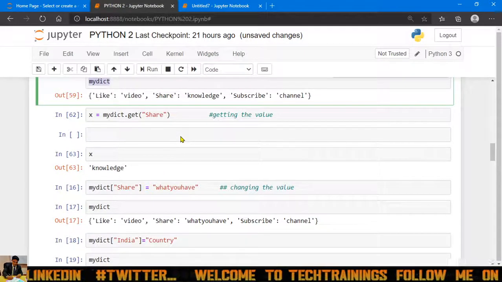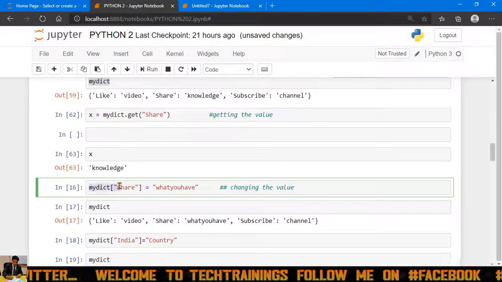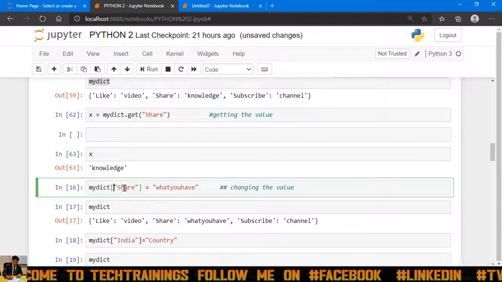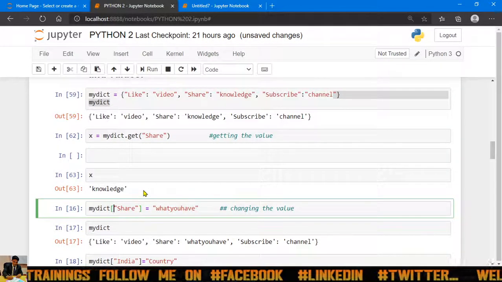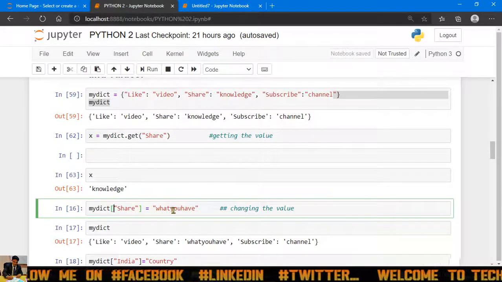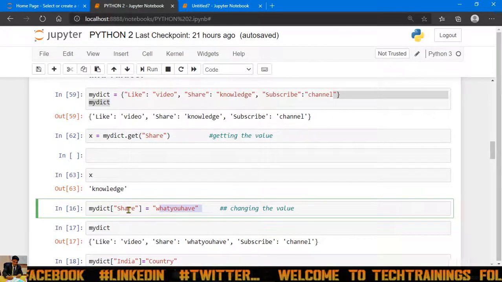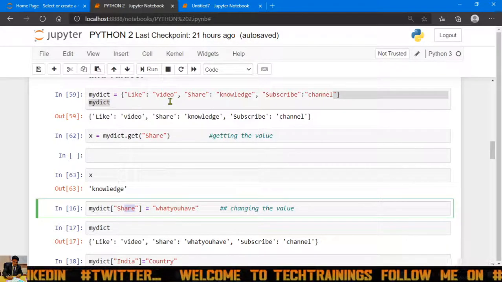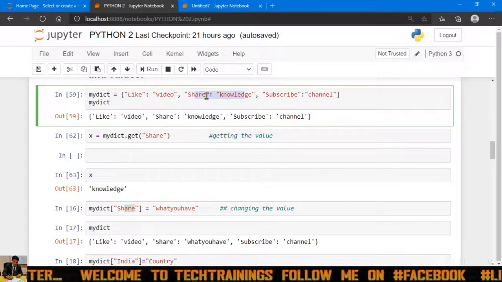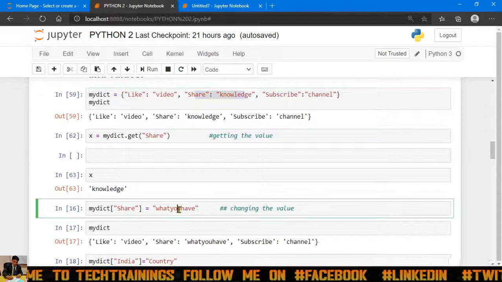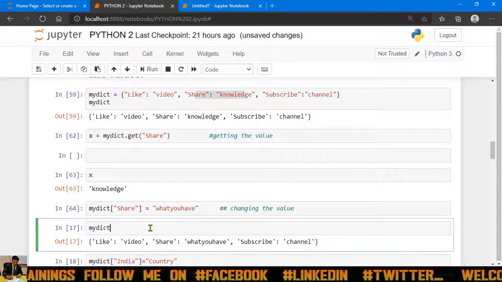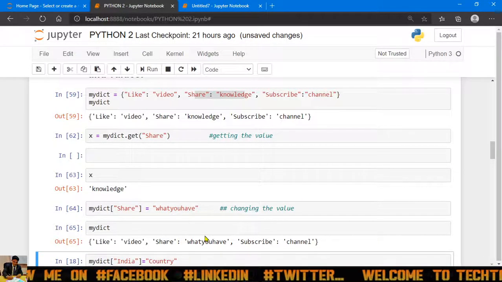Here also just type your dictionary name in brackets, give the key, and equal to your new value. Share has knowledge, but I want to replace that knowledge with a new value. If I execute this and see my dict, it gets updated.